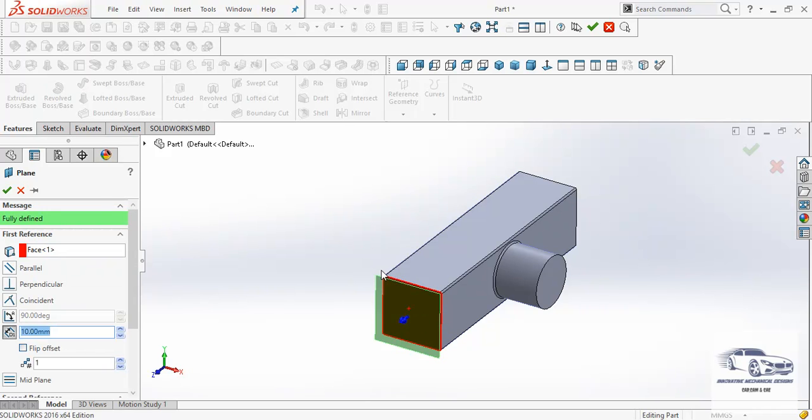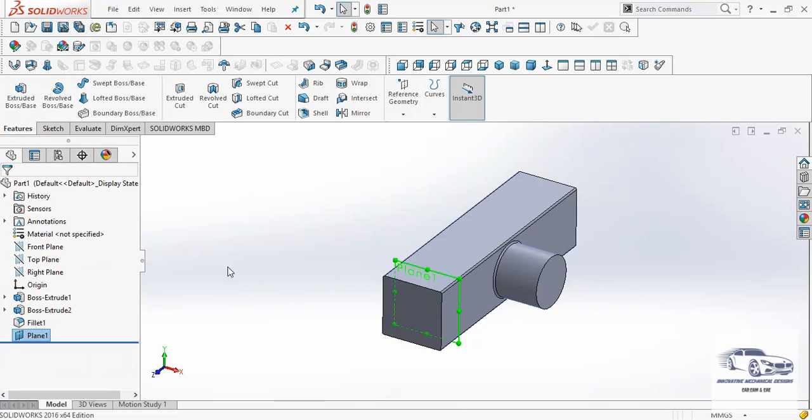Now I want this plane to offset in the opposite side. So here I will flip the offset and give the value input as 32 and then OK. In the next step, we will be creating the sketches to draw the pipe contours.